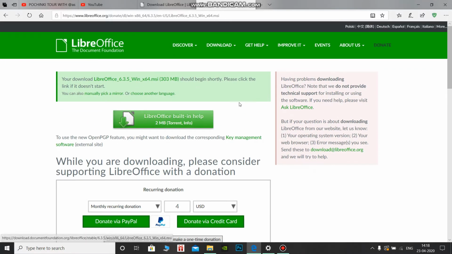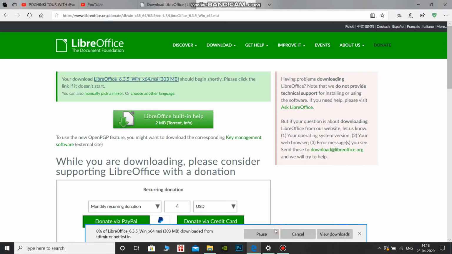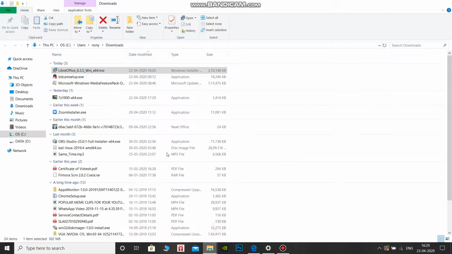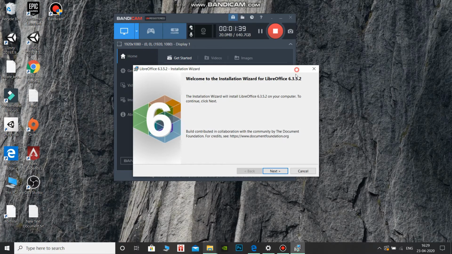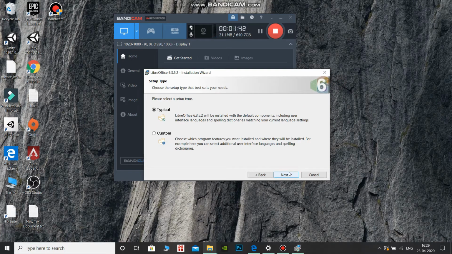After this, maybe the download will begin, but if it doesn't begin, you can actually click on this and save the file. It will take some time to download. It has been downloaded. You can see this in the downloads folder. So go to your downloads folder, click on the file, and click on next, on custom,